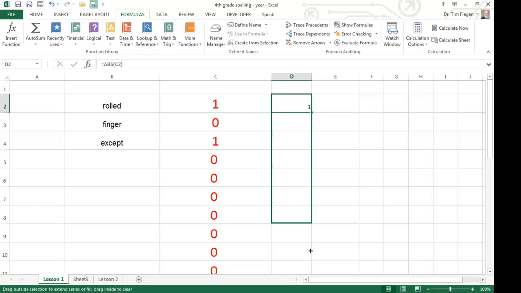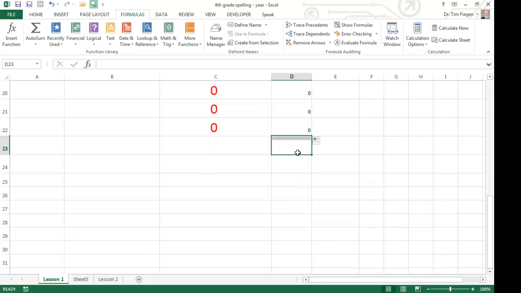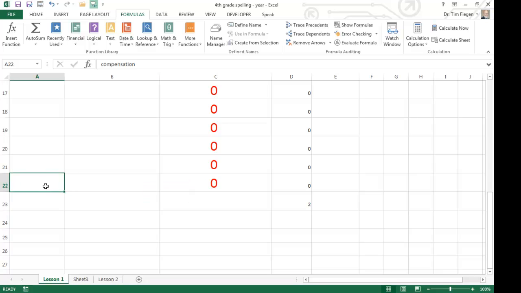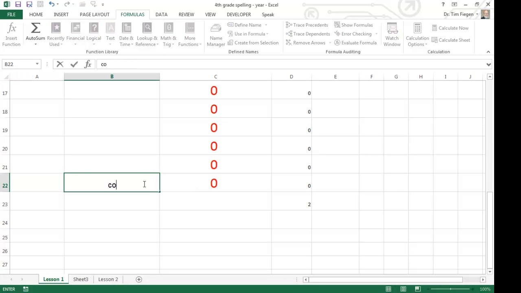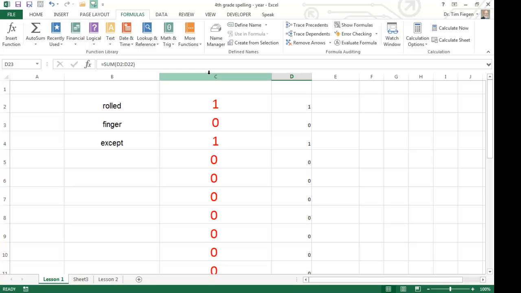And I think if I drag that down to here, to what they are, and now I can sum these, 2, and I have that. And then if I get these other ones right, compensation, and it jumps up here. And now I've got a running thing, and of course I can